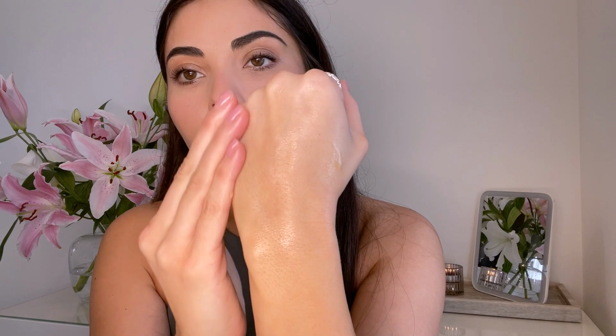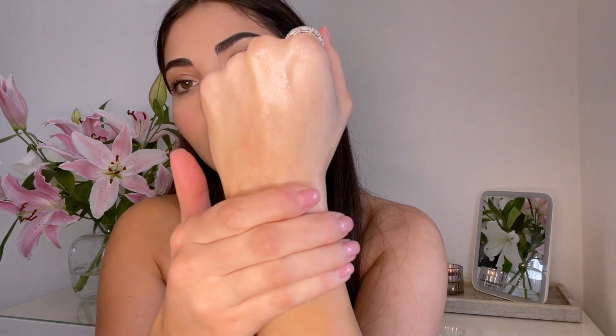You can apply a layer of this over your skin instead of your moisturizer and go to sleep with that, or you can apply a thicker layer of this and leave this on as a mask for really like half an hour. It wouldn't make a difference. It wouldn't irritate your skin. And this has olive oil, almond oil, jojoba seed oil, sunflower oil, and the combination of all of those, yes, it does go on a little bit oily,